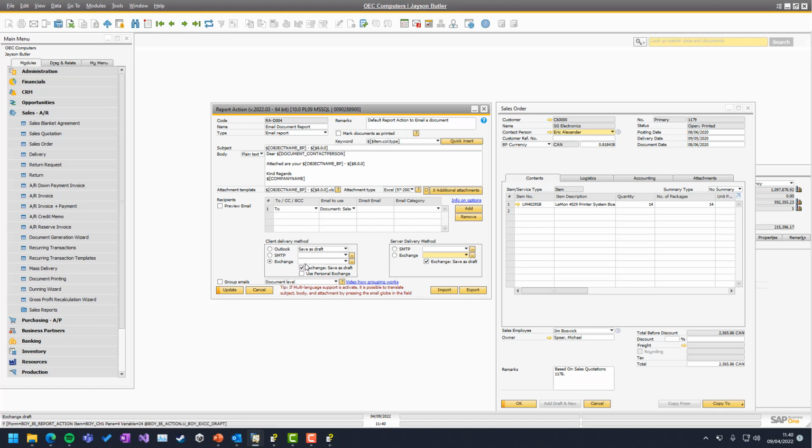But Exchange can be set up in the same manner. And the good thing about Exchange is also it can use drafts and doesn't need to send directly like SMTP needs. And there's also something called personal exchange. We have direct e-learning on that, but the short version is that if you just use Exchange and set it up, every single